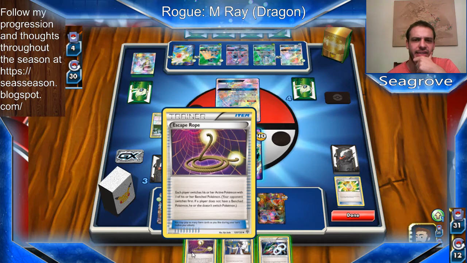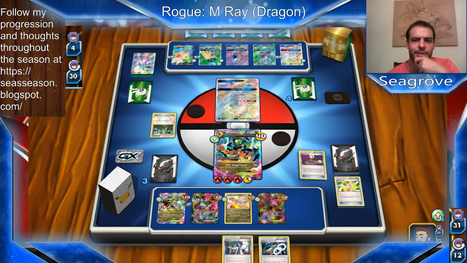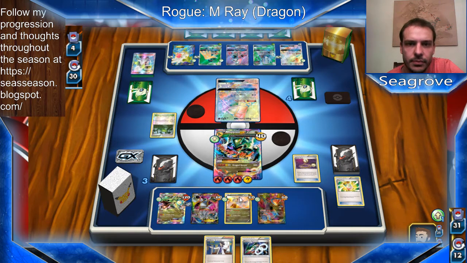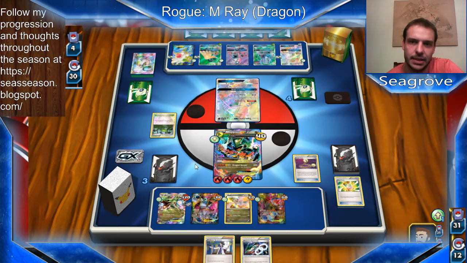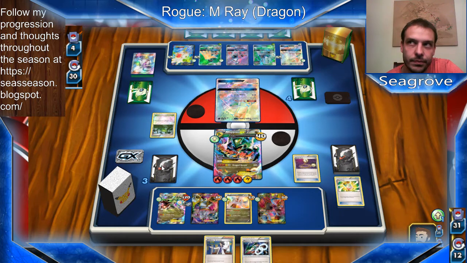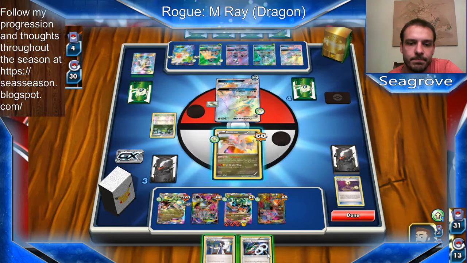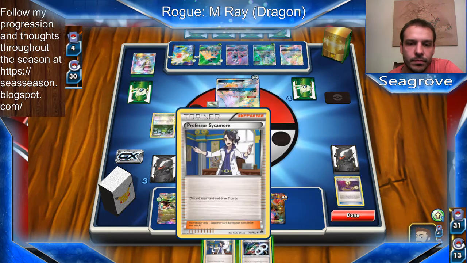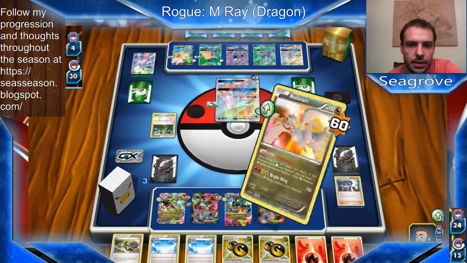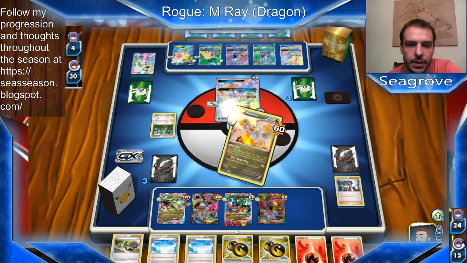I think I'm gonna play Escape Rope because knocking out this Lele is not more valuable to me than knocking out anything else on his board. Because they all give me 2 prizes. Even, I'd actually rather have a 1 prizer at this point, but I think, yeah. But this way I can Turbo Blaze, and I still have free retreat, so